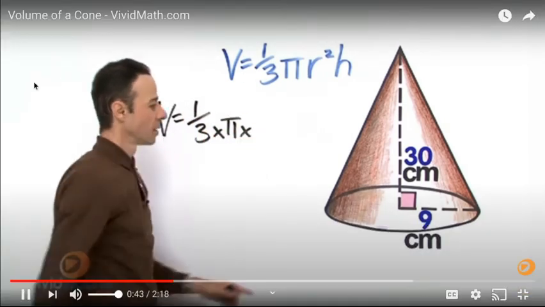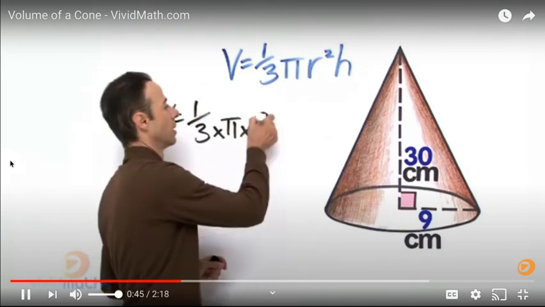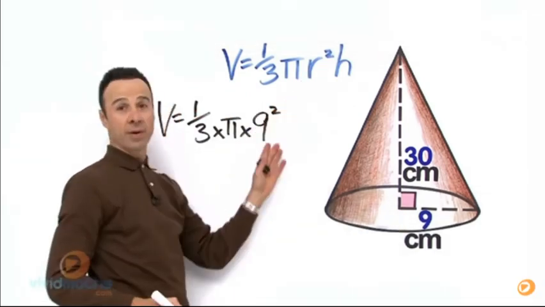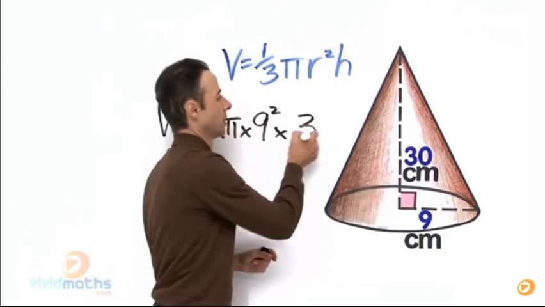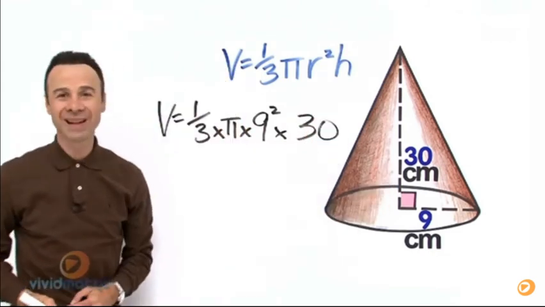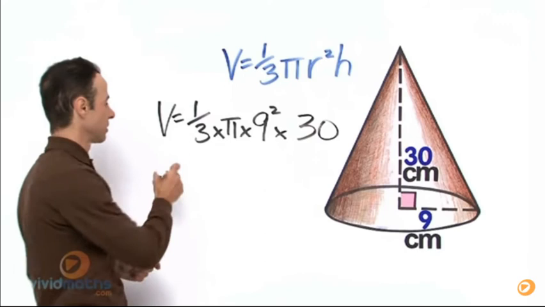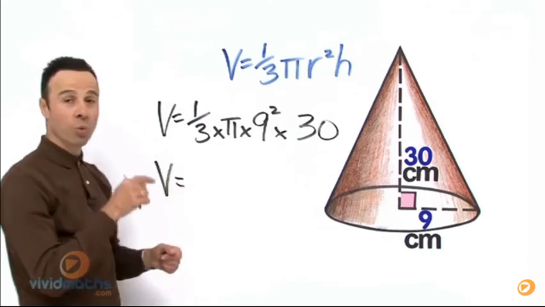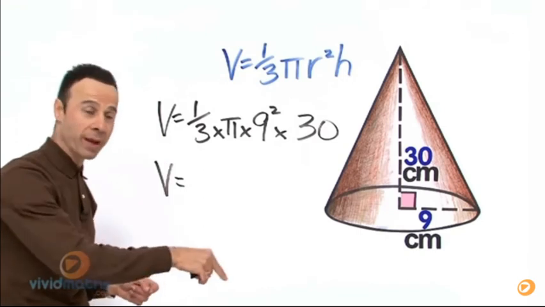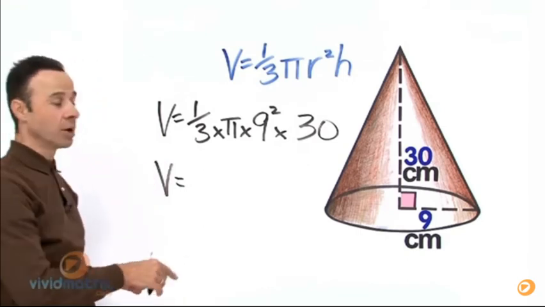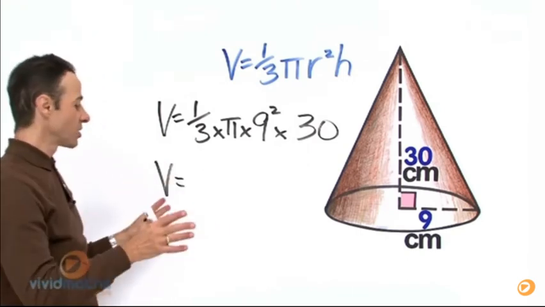Remember to square it, yeah? And the height, 30. Let's plug them in the calculator. So 1/3 times pi times 9 squared times 30 altogether gives us a volume of